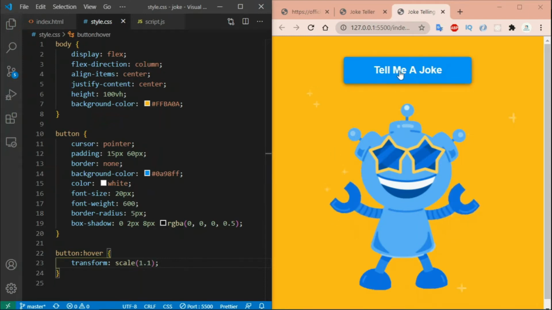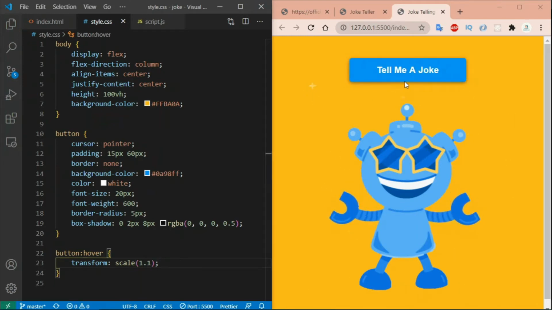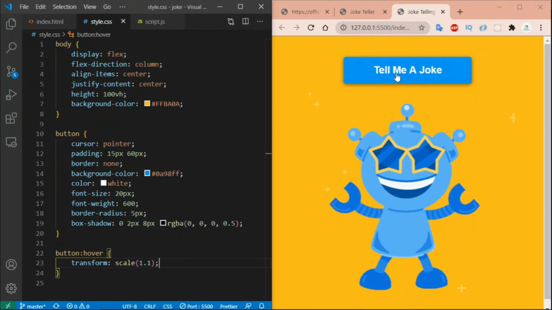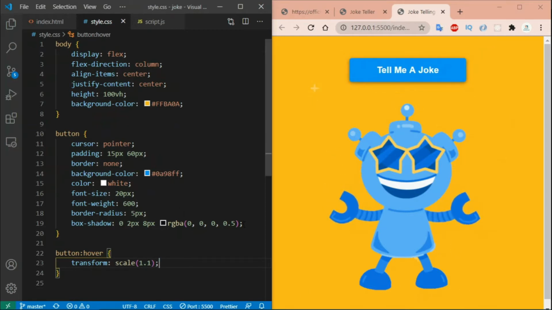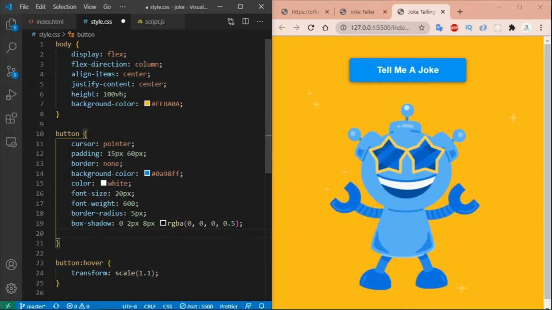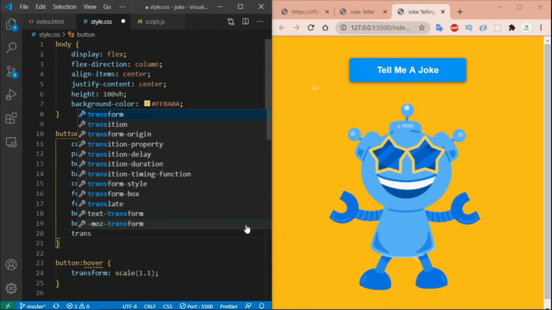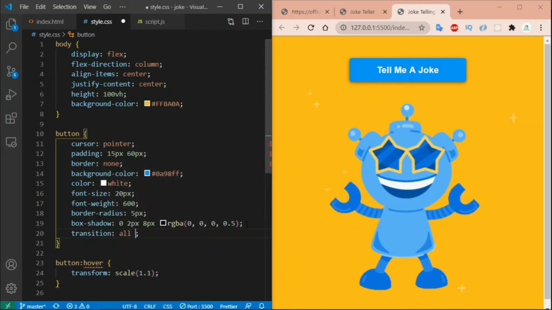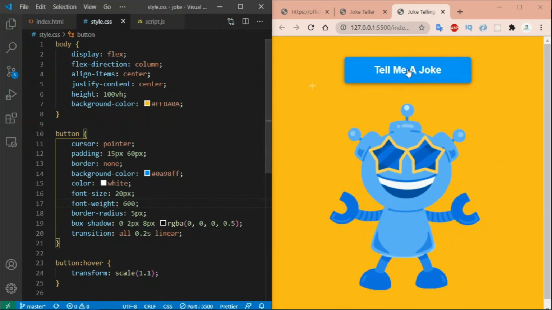Now when we hover, it scales up by 1.1. But the transition is not smooth. We need to add a transition property to a button like this. Transition all for 0.2 seconds linear like this. Now when we hover over it, it smoothly scales up.